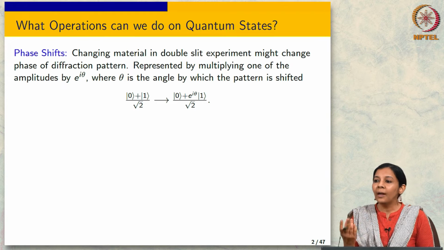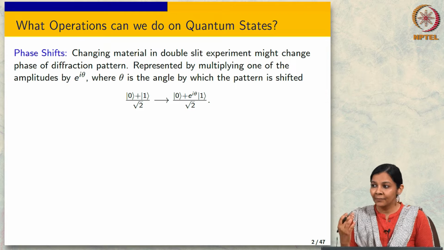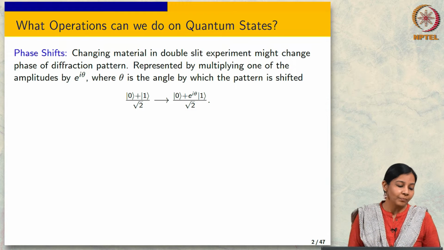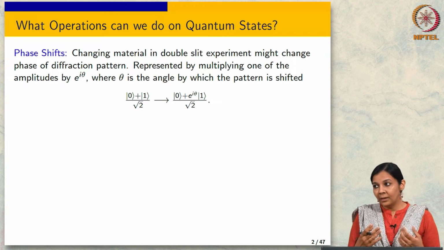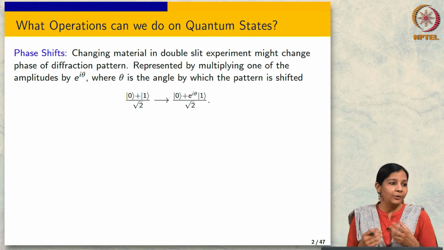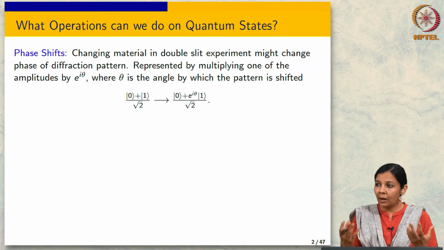So what do you think? What is a basic minimum that you should be able to do? Any thoughts? All the classical computation, and that makes perfect sense. The promise that we are studying this with is that quantum computers appear to be much more powerful than classical computers. So at the very least you would like to be able to do whatever basic things you could do on classical computers. There are also a few extra things that you should be able to do with a quantum computer, just because of the way that we have set it up.